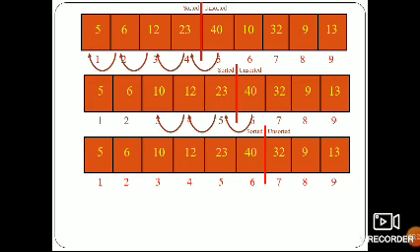The cursor will be moved to the 40 and 32, the 6th and 7th element. The 6th and 7th element will be checked. So again now we need to swap. Only one swap is enough and we won't go further. So 5, 6, 10, 12, 23, 32 and 40. This is the correct position.